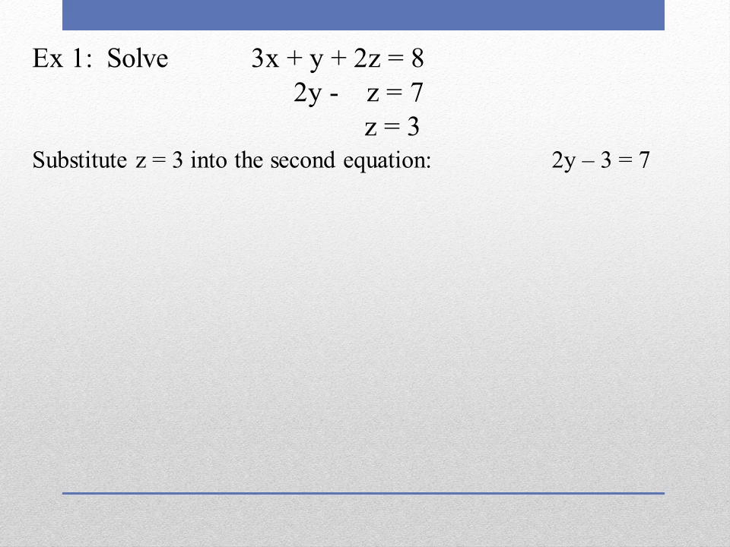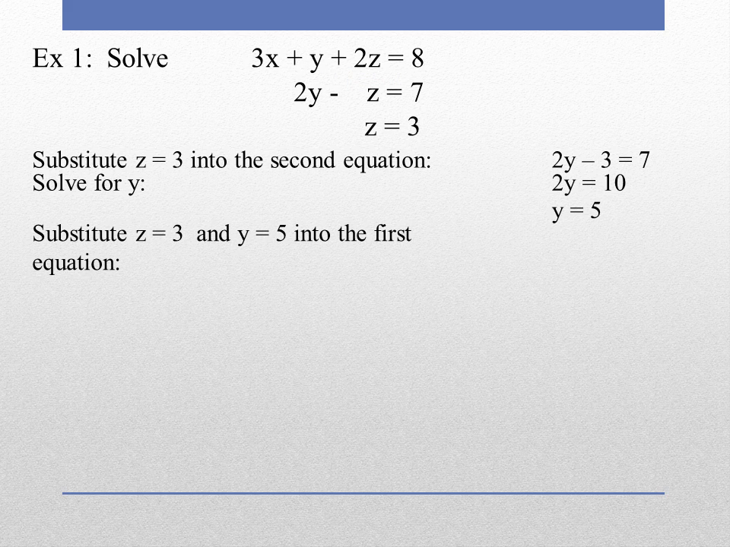And since we have the second equation reduced to one variable, now we can solve for y by adding 3 to both sides. And then to solve for y, we'll just divide by 2 and then have y is equal to 5. Well, now we know 2 out of our 3 variables, which means we can then take both of those variables and substitute it into the first equation. So we're going to substitute z equals 3 and y equals 5 into the first equation to solve for x,